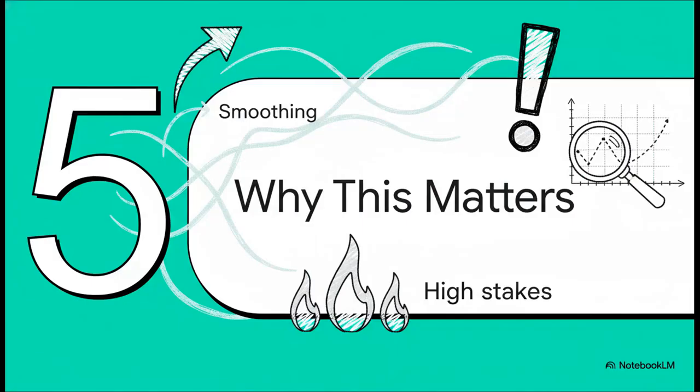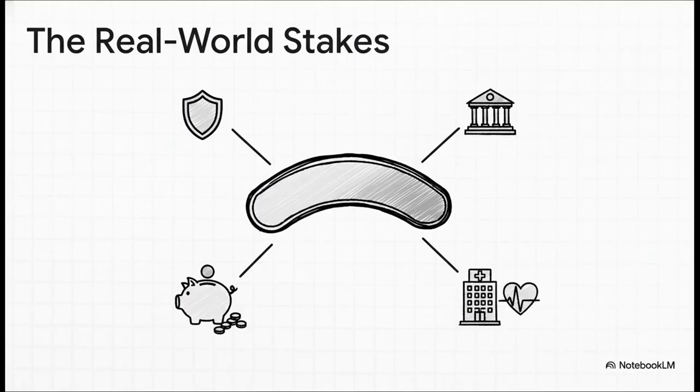At this point, you might be thinking, okay, this is all pretty technical, kind of niche stuff. But the truth is, the consequences of getting graduation right or wrong are absolutely enormous, and they affect millions and millions of us. So why does this matter so much? Because this whole process is the bedrock of our financial and social infrastructure. It's what allows insurance companies to set fair prices.